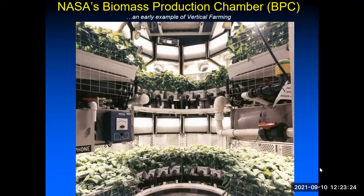And then you can't see the upper chamber in this photo, but 2 more. And at that time, we didn't know it. The term didn't even exist, but this was essentially a form of vertical farming. Maybe you've heard that term used now. This is an expanding area of controlled environment agriculture that's conducive to urban settings where you don't need a big footprint in terms of area, but you can be very volume efficient in terms of how many plants you can